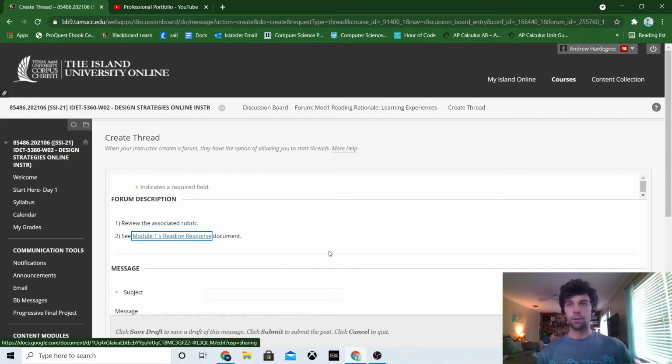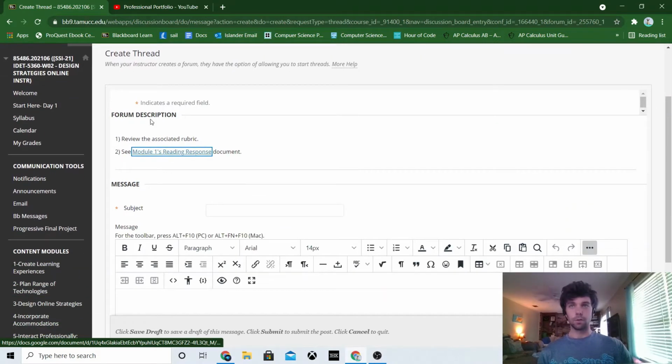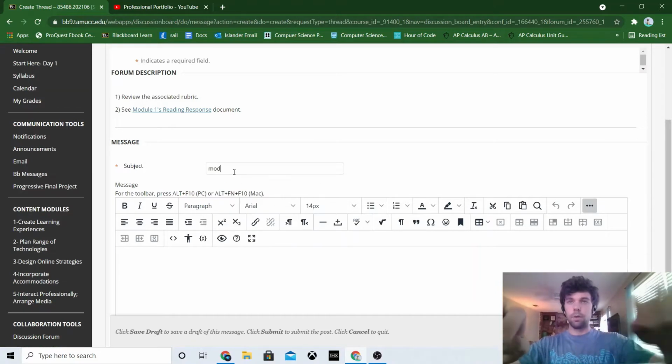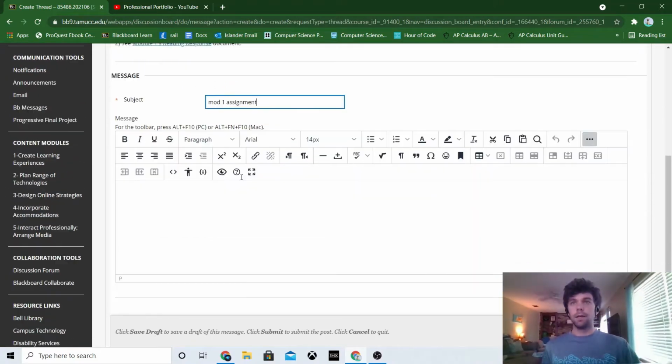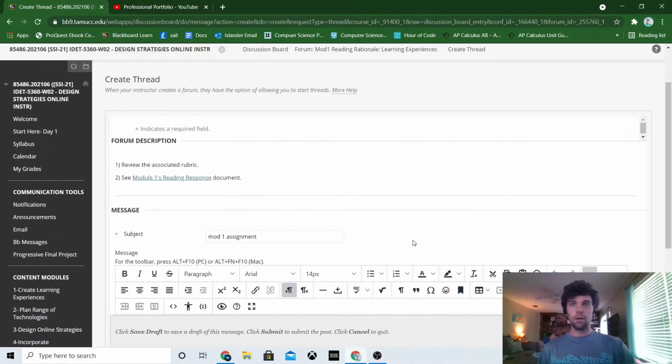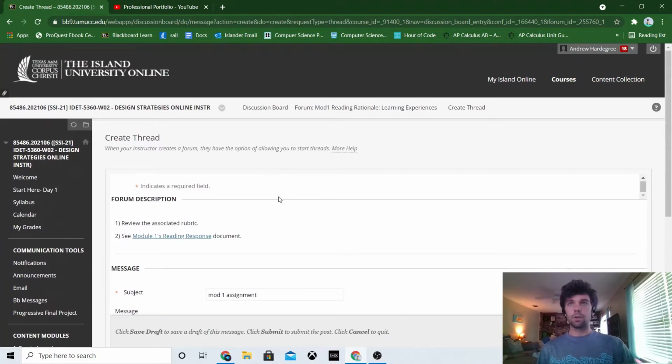In creating a thread, here are the description and the rules of how we write this form. We'll need a subject line, and we can call this Module 1 Assignment, right? Then down here, we can either type an entry right here, or instead we can go somewhere like